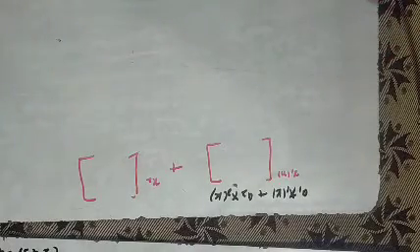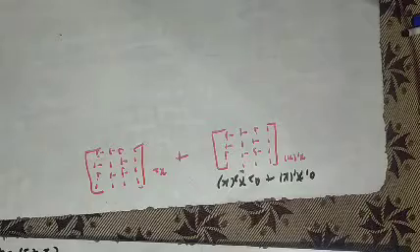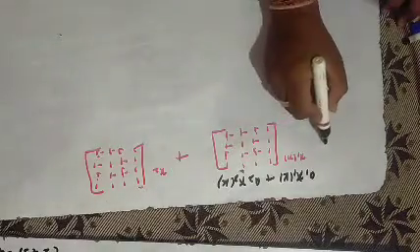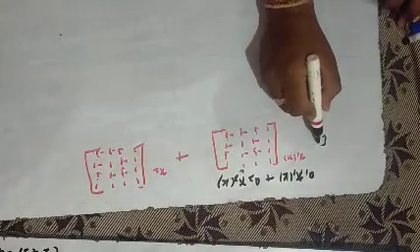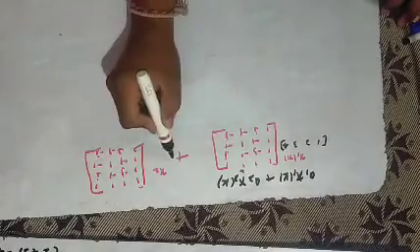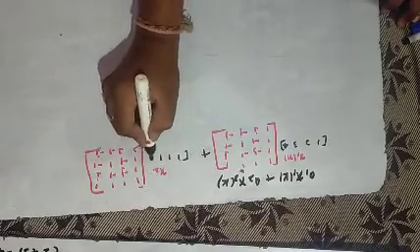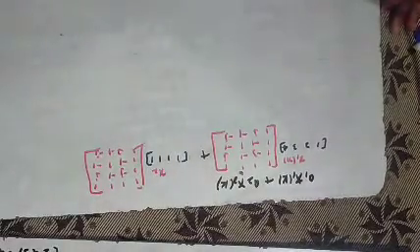I'll write the DFT matrix. The DFT matrix has been written here. Now I'll replace x1 of n. What is that x1 of n? That is 1, 2, 3, 4. And what is x2 of n? x2 of n is 1, 1, 1, 1. And for the result, see, row